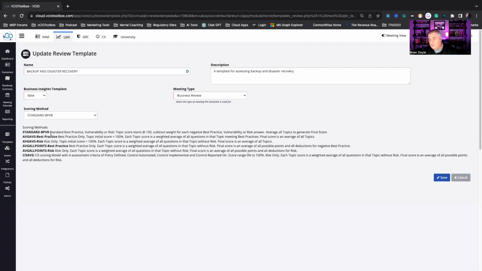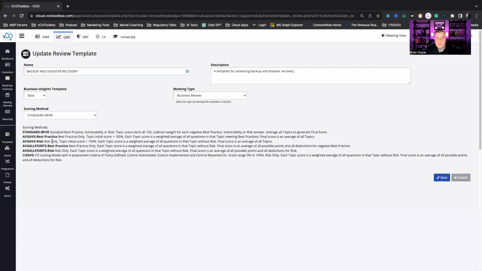Our customers asked us if we could build a more standard scorecard where you have an absolute 0 score that is attainable and would lower the red, green, and yellow values to a place that some customers might feel more comfortable with: 90 and above is green, 70 to 89 is yellow, and anything below 70 would be in the red zone. The way you can do that is you can set up different scoring models. The ones we see people really buying into most are the average best practice model